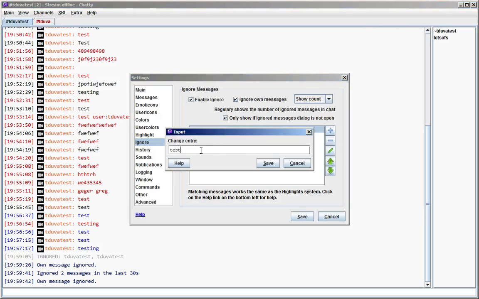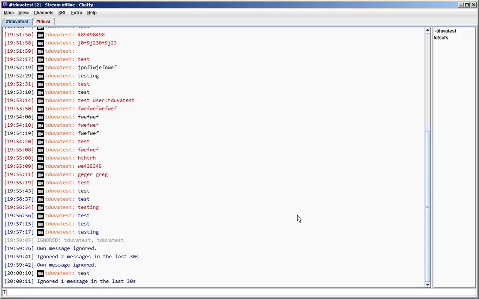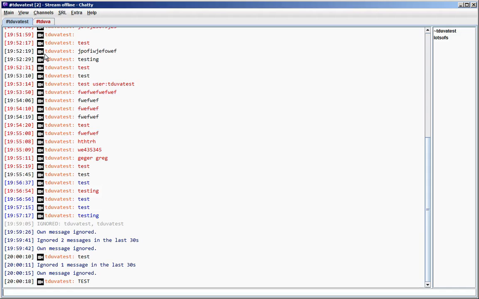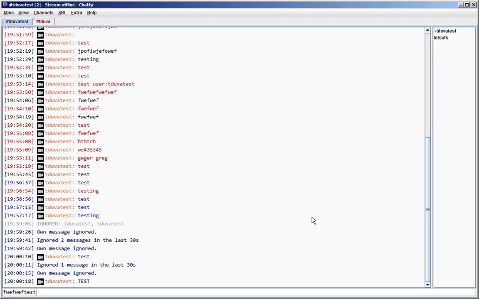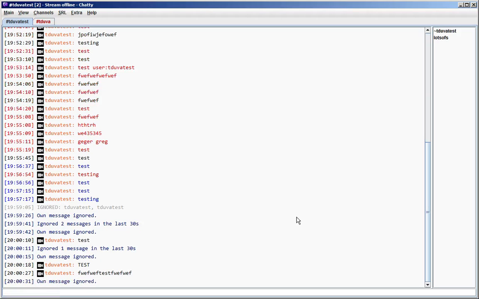Yeah, so the matching basically works the same as for the highlight system, so I won't go into much detail here. Just a couple of examples to demonstrate this, I guess. Like, now it's case sensitive and this isn't ignored, but this is ignored, and this also isn't ignored, so it only matches exactly like it's written here, but of course still anywhere in the message. So basically the same as the highlight system.